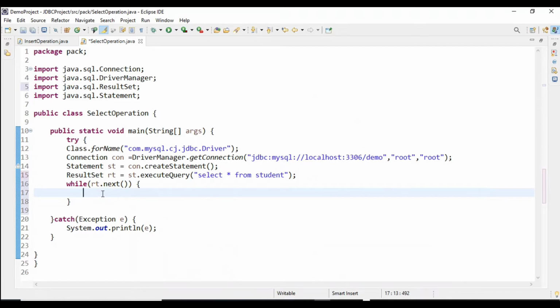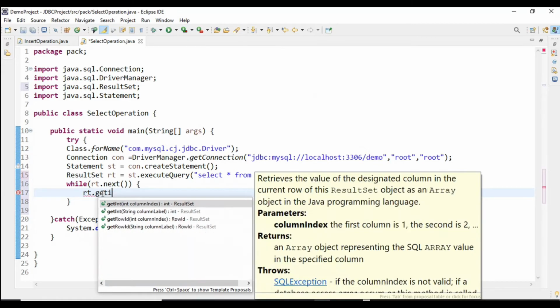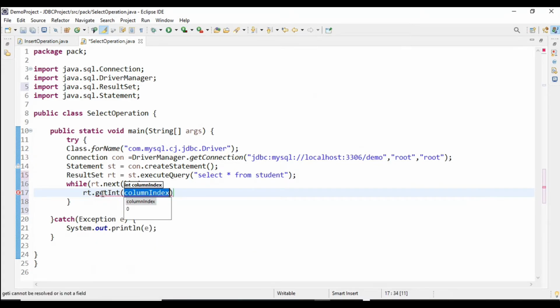For retrieving data, we have different methods of result set. I will call the getInt method, and as a parameter I can pass the column name id, and I will store this data in a variable.